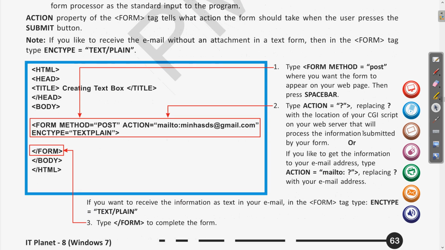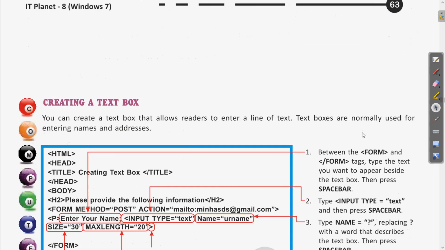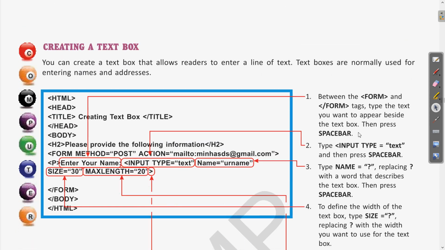Now let us see an example of this and create a few of the inputs which we are talking about. So first is creating a text box, which we were talking about, if you want to enter any information. So here is the HTML tag, then head and title. This was the part of the head, the title which we write, that will be visible at the top, you can say the tab in the browser, whatever title we are mentioning here.